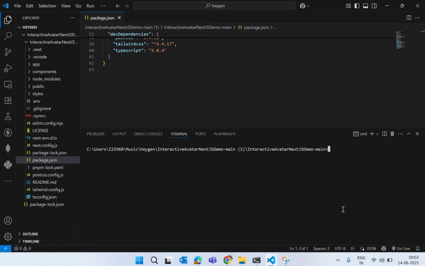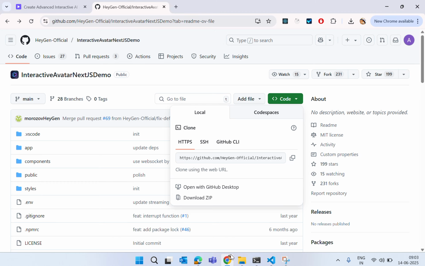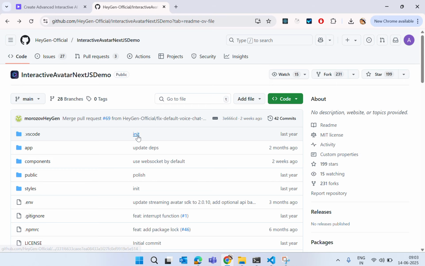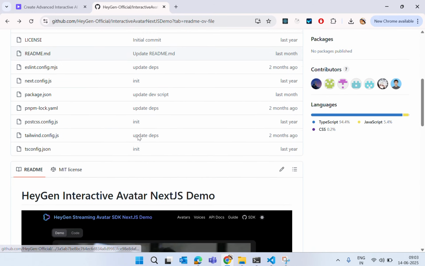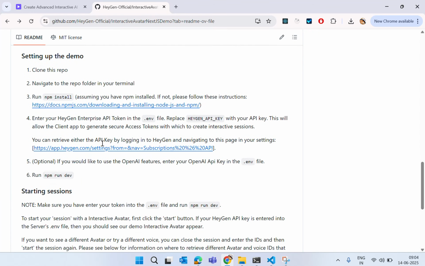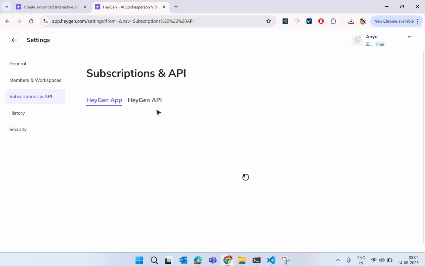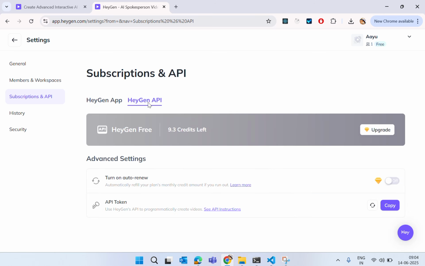Meanwhile, we have to retrieve an API key to use in our project. HeyGen provides a free API key with up to 10 or 12 credits. You can grab your API key from the link that is provided in that GitHub notes. Just go to that link, and in the HeyGen API tab you can see your credits left.